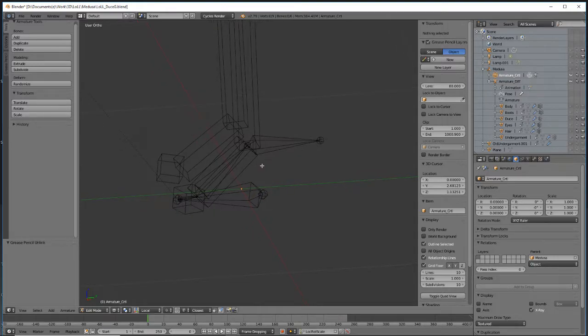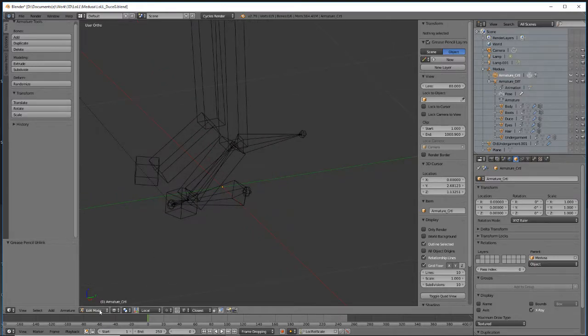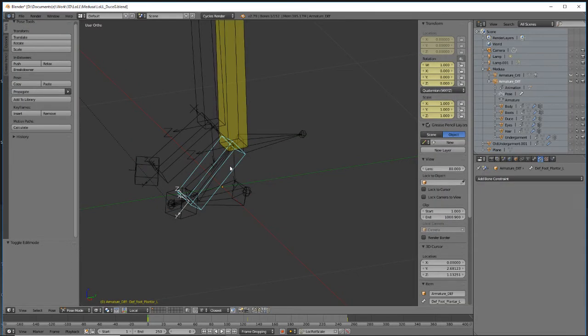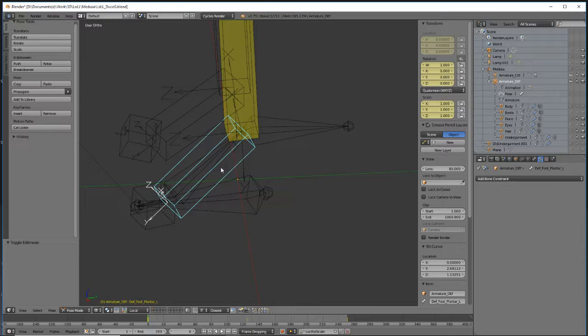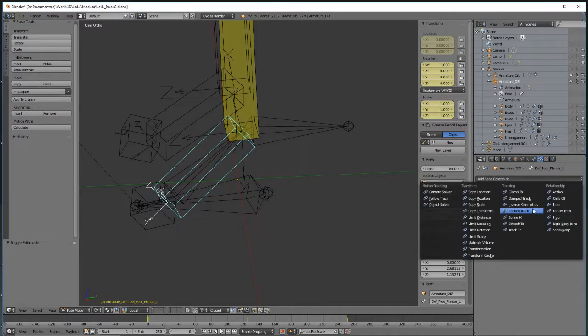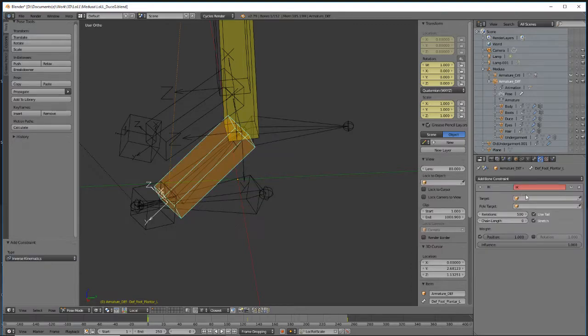Let's hide Medusa, go back to the feet. We're going to go into the pose mode for this one, and we're going to add a bunch of IK constraints. So this is why I choose the naming convention that I do. Again, armature control, bone. If I just type in foot, it'll give me all the different foot bones that I